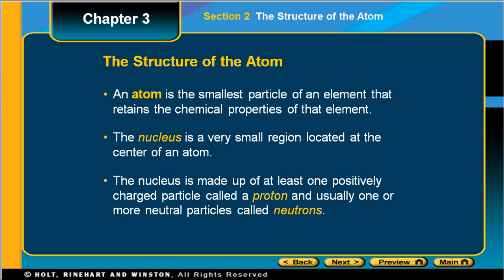So the nucleus is the small region located at the center of the atom, and the nucleus is made up of at least one positively charged particle called a proton, and usually one or more neutrons. They are neutral in the nucleus. So the nucleus has two things, protons and neutrons. The number of protons is dependent on which element you have, and the number of neutrons, you can determine that